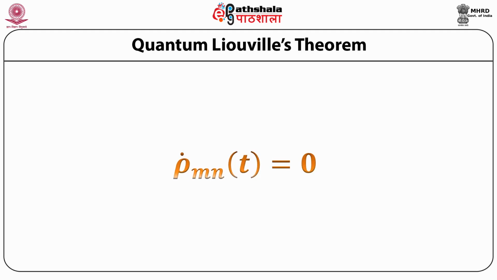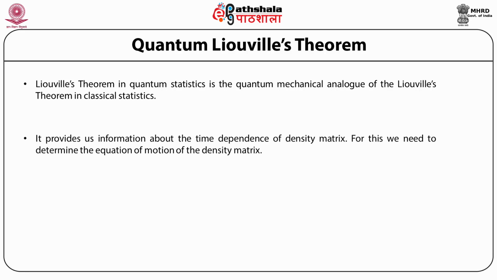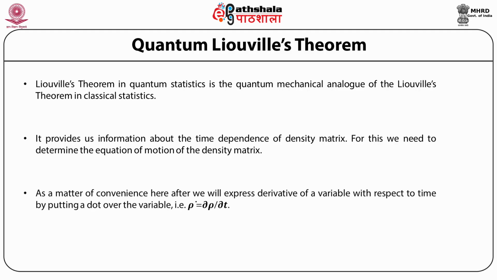Quantum Liouville's theorem. Therefore, from equation 12, we have i h bar multiplied by rho dot mn is equal to 1 upon the number of identical systems in the ensemble N multiplied by the summation over k from 1 to the number of identical systems in the ensemble of